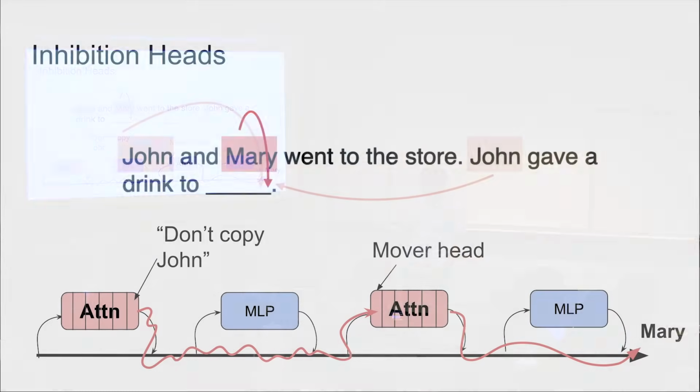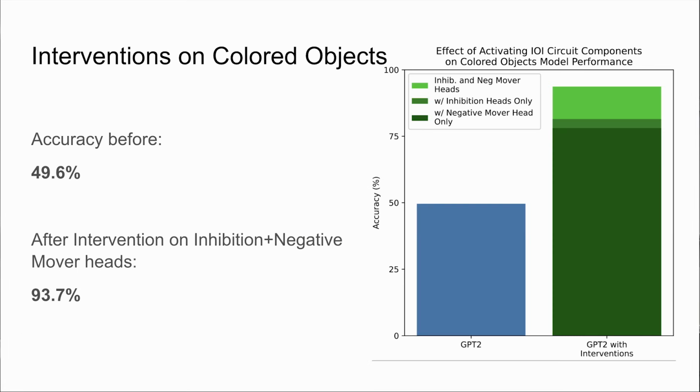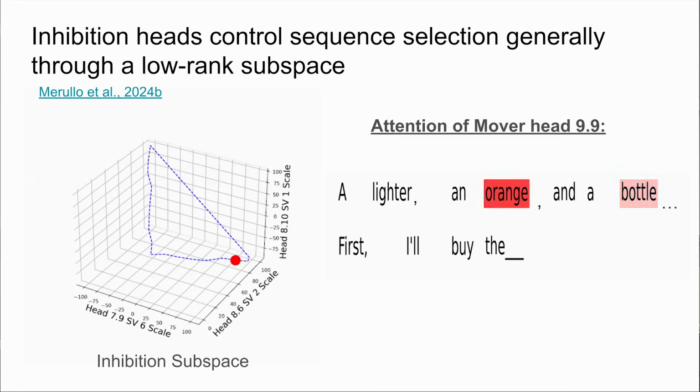The fact that there is a signal being passed from this head up the residual stream to another head is, I think, a really interesting phenomenon. And we looked at how that's actually implemented, and we were able to find a low rank subspace written into by the inhibition heads collectively in GPT-2 small,